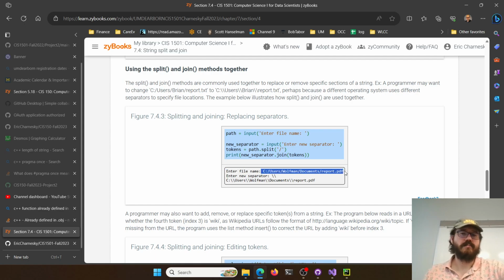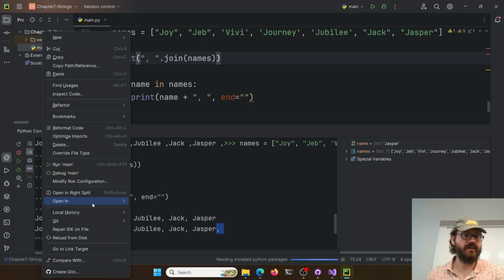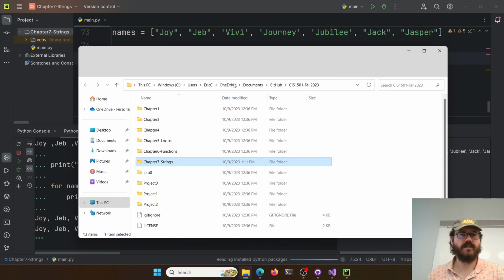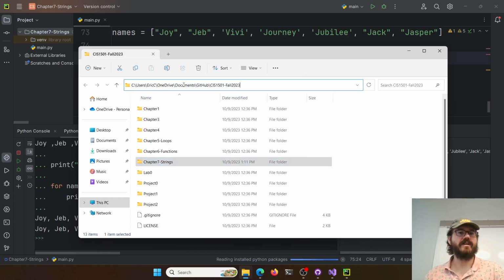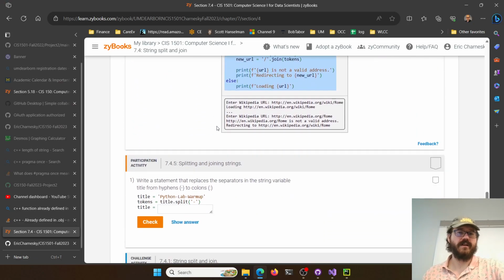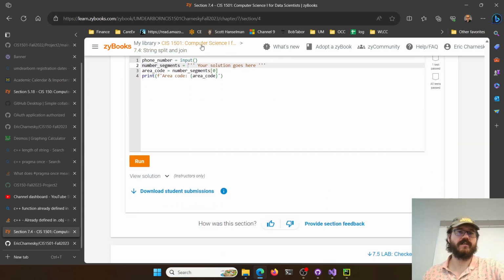In Mac land, you use forward slashes. In Linux, you use forward slashes in your path. In Windows land, we use backslashes to say where our files are. Right? If you look at the path for a file, you go open up this one here, Open in Explorer. I click on my path here, right? You see I use backslashes here in Windows land. So if I wanted to change this to a Mac path, I could replace every backslash with a forward slash. Sure, and then just kind of split and rejoin real quickly. You can change your delimiters if you want. There's some fun ones.